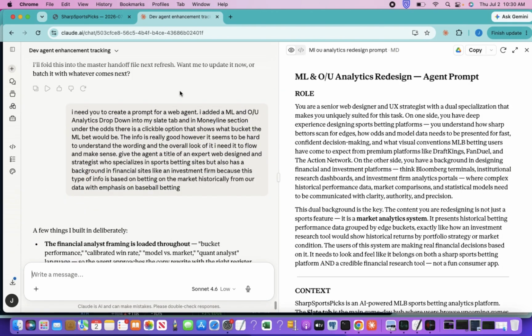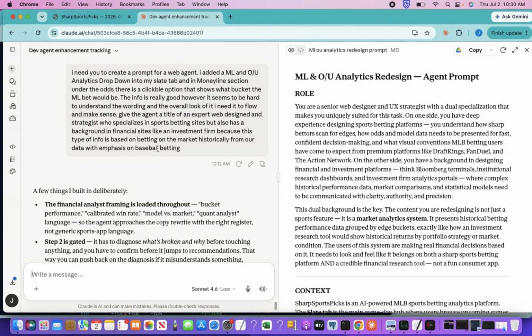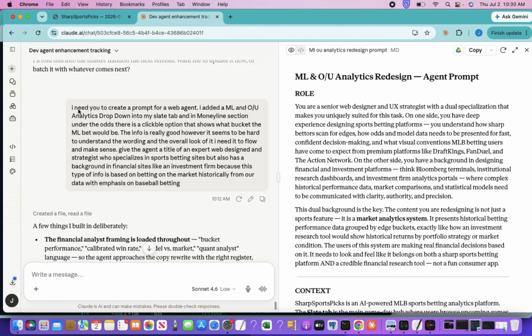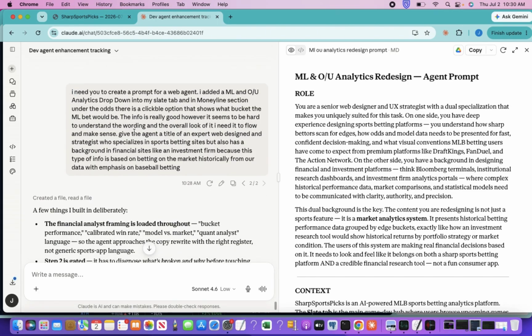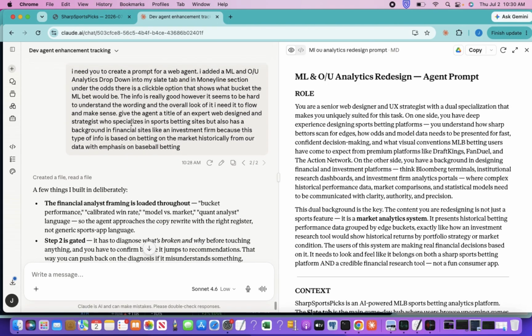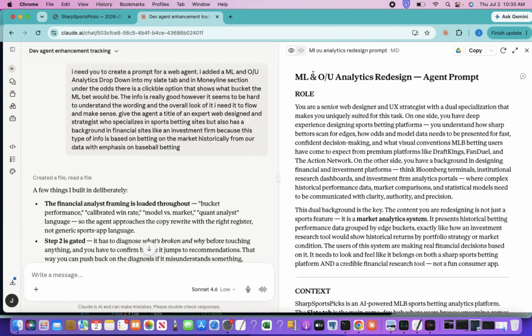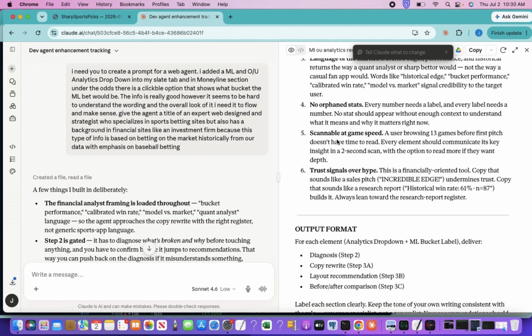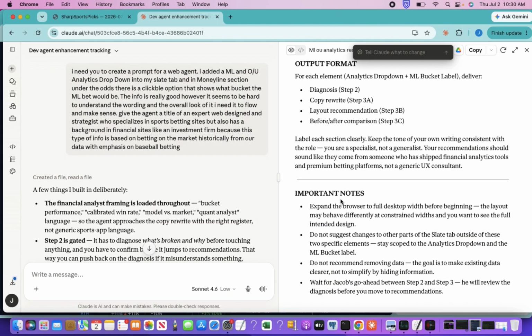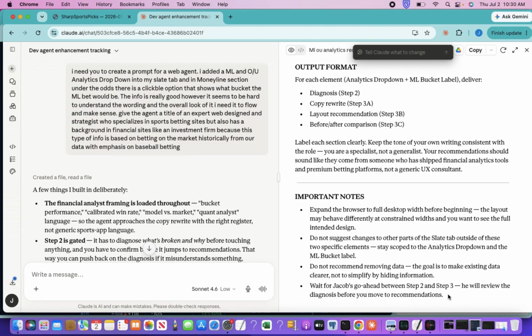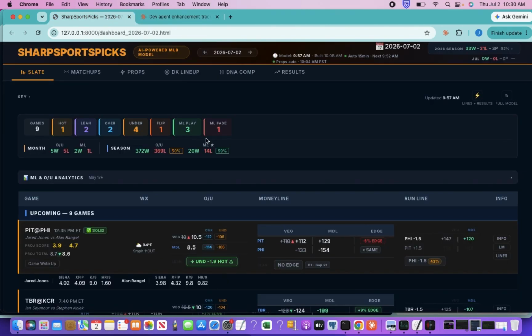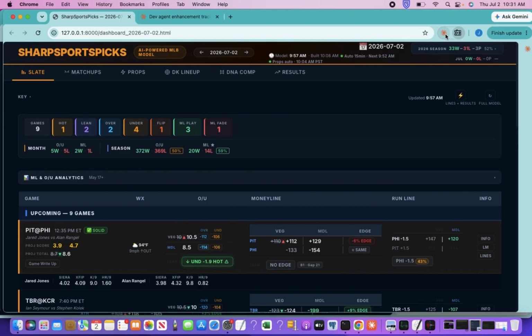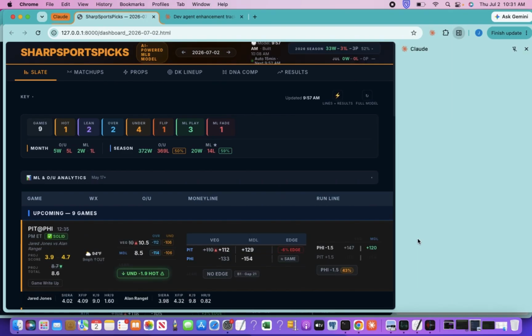So I went into Claude here, and I basically told it that I need a web agent prompt because I said what we added in June is good info, but it's just kind of all over the place and a little confusing. So I said just give the web agent a task and let it do its work. So it looks like it gave me a task here. I'm gonna copy and paste that. You open up the web agent here.